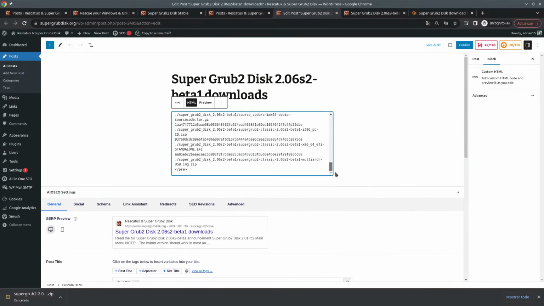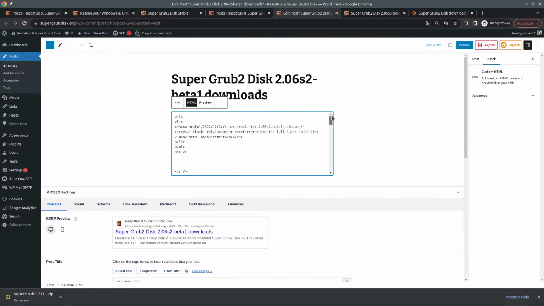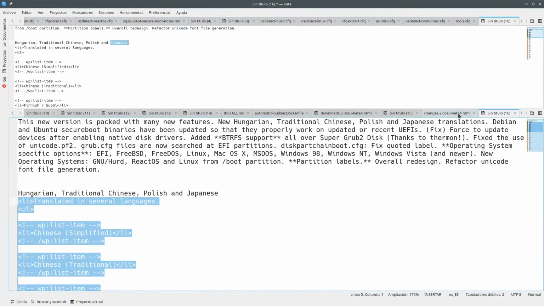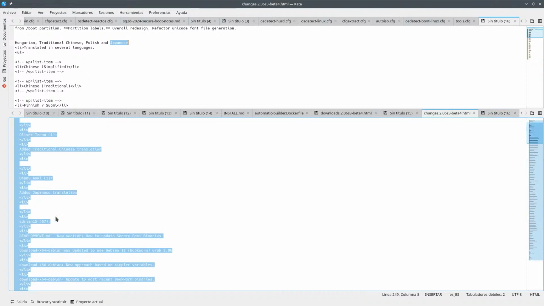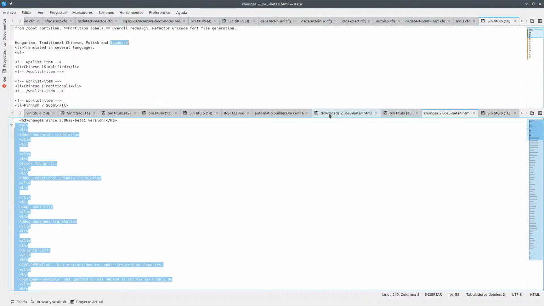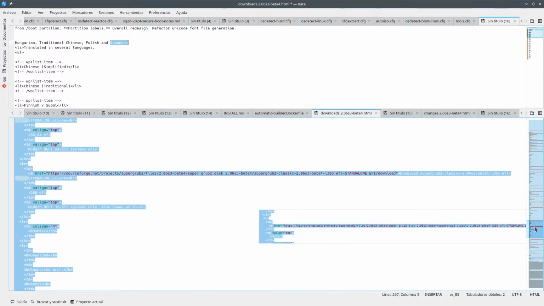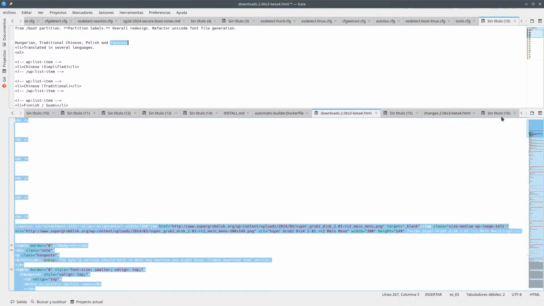Basically all of this is what I have, more or less, as the changes. Not the changes, but the downloads one. Yeah, so I can copy all of this